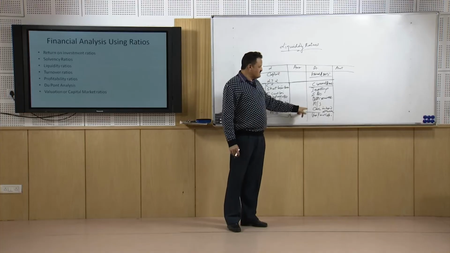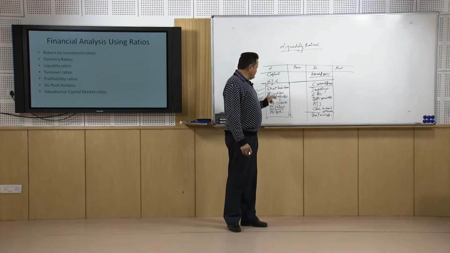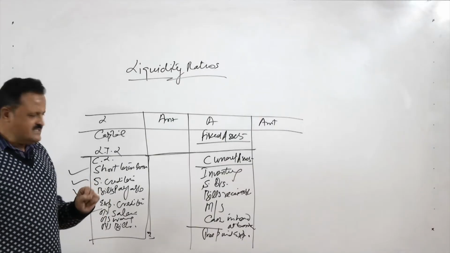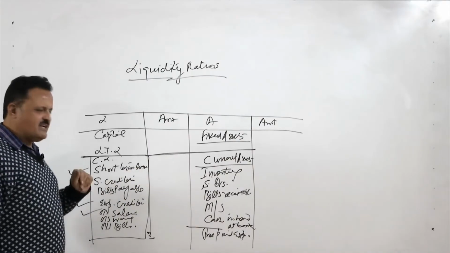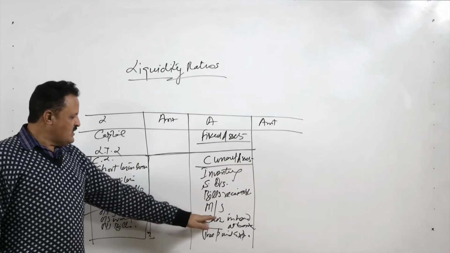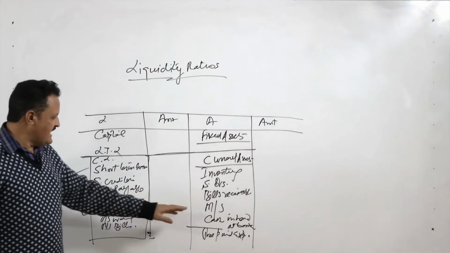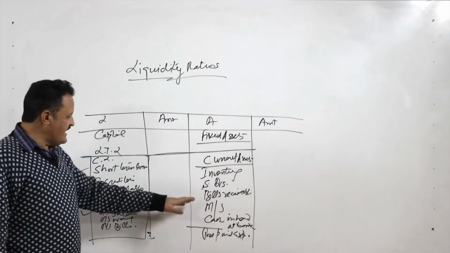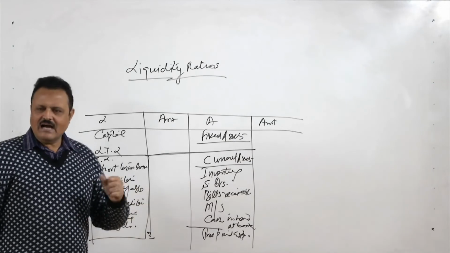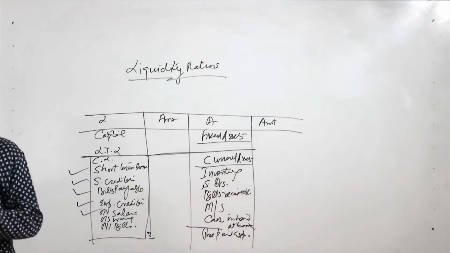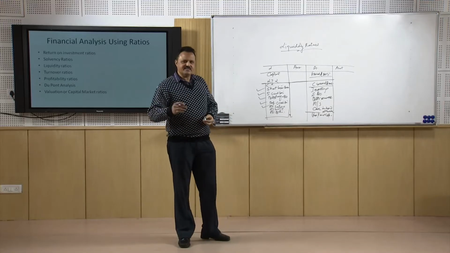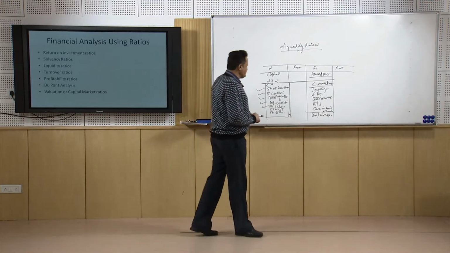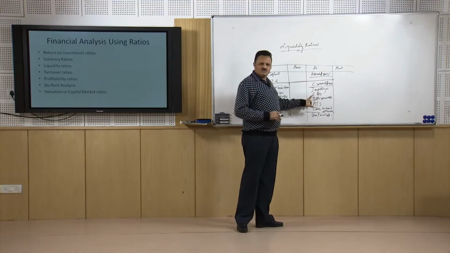So if you are keeping a sufficient amount of current assets and you have an equal amount of current liabilities, then any time any current liability becomes due, you have a sufficient amount of cash, and when the cash is exhausted, we can convert the marketable securities into cash, and when they are also over, we can have the sundry debtors. Now sundry debtors, normally the amount will come on the expiry of the credit period, but there is a source of funding